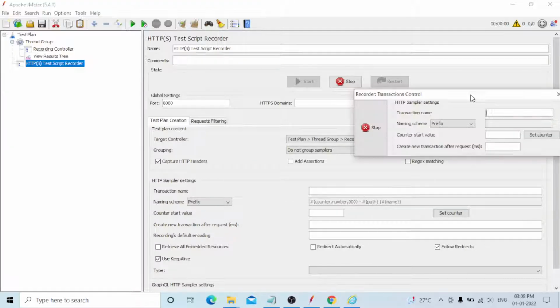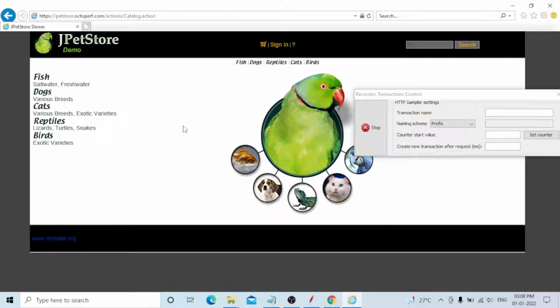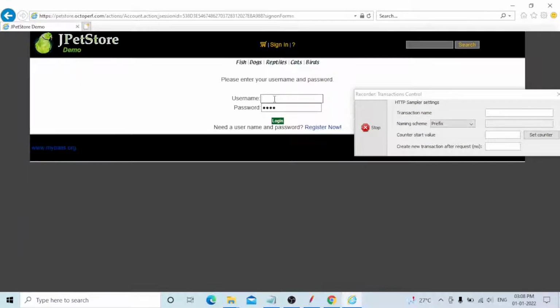Now how do you proceed? Go to the application and click enter. You can see the page is open. First of all, launch the URL. After that, go to sign in. Click on sign in, then enter the username. The username is j2ee by default.